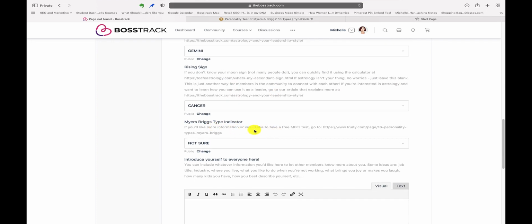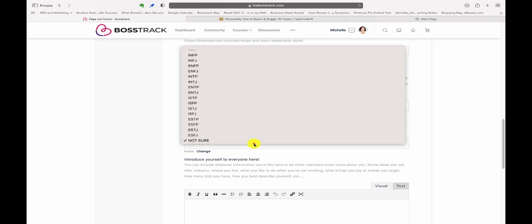And then we have the Myers-Briggs type indicator. Some of you may have already taken this test. We have linked here if you'd like to find out what it is. It's more of a personality test. It informs you on what your strengths are, where you are more likely to fall as a leader. And I am the ENFP, so I'm going to